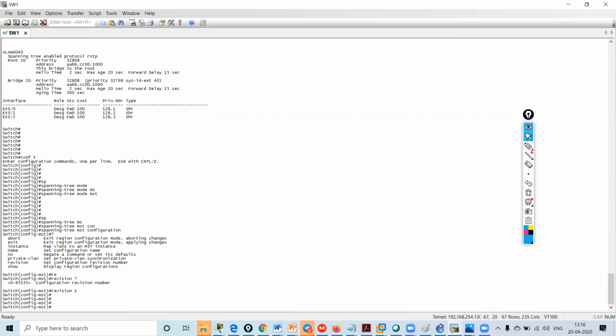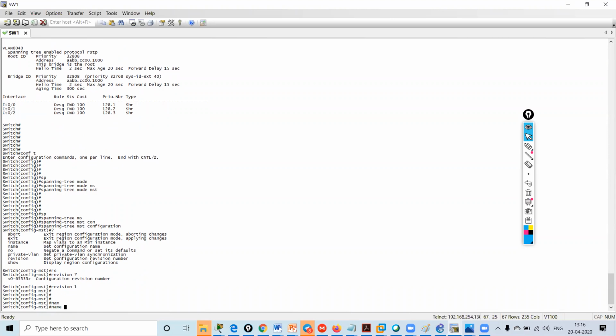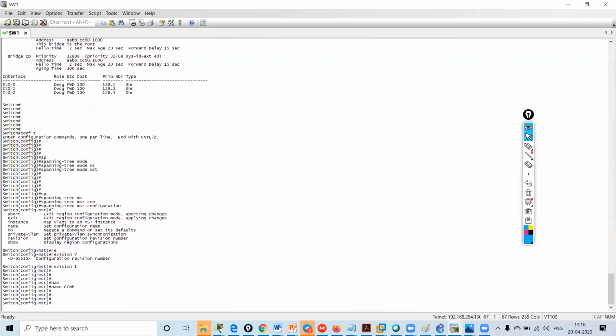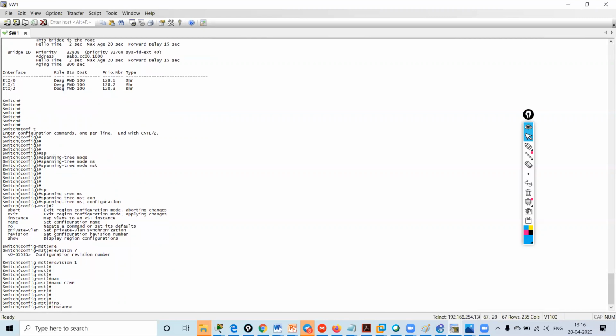Now I will name the instance. Name is CCNP, which I have given already. Then I will create instances.